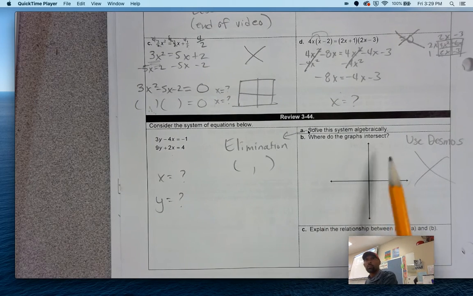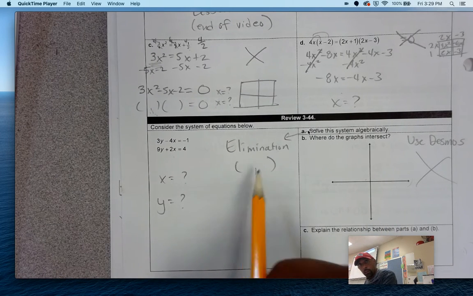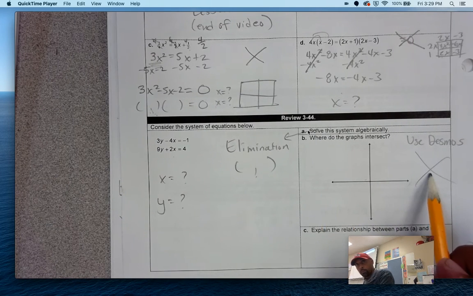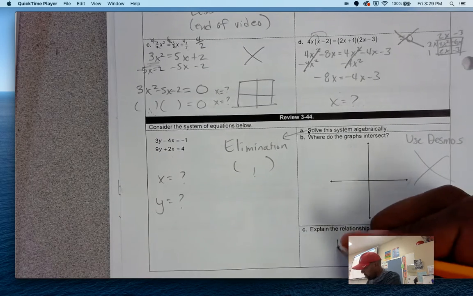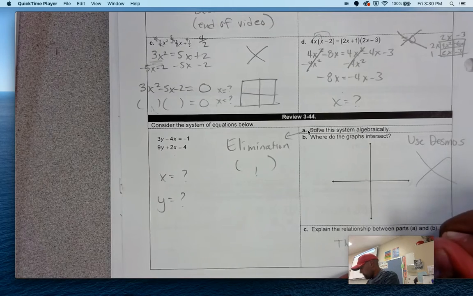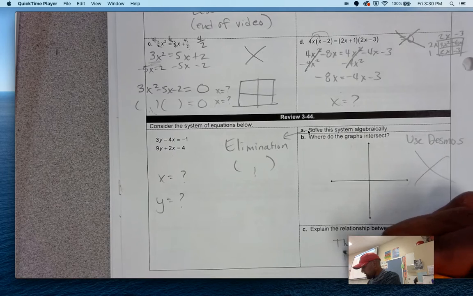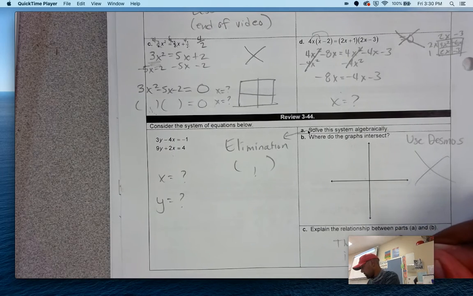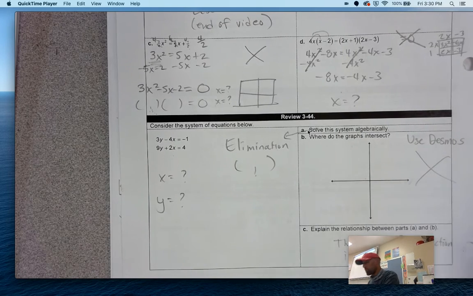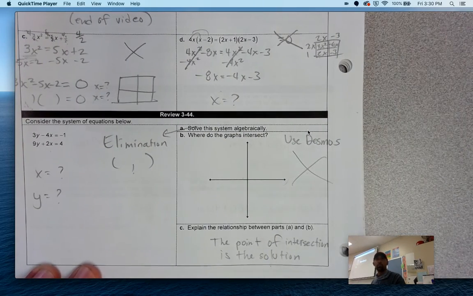And Desmos will show you. You can just click on it right away and then create that little sketch here. And then explain the relationship between the two, okay? What's the relationship between this answer and where the graphs cross? Well, I'll give you this one: the point of intersection is the solution. Kind of a simple question, but that's what it is. Okay, sorry you guys couldn't see that. But the point of intersection is the solution. All right,